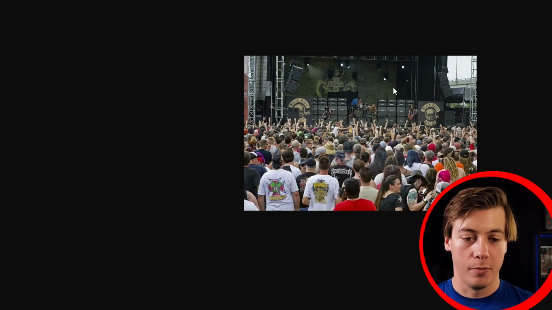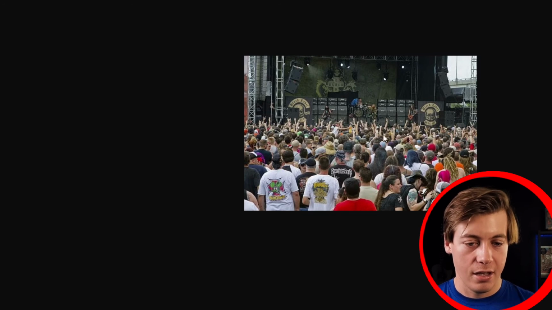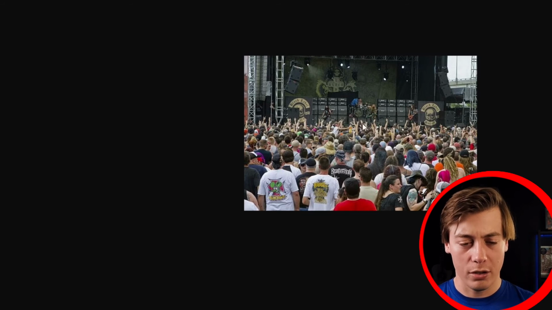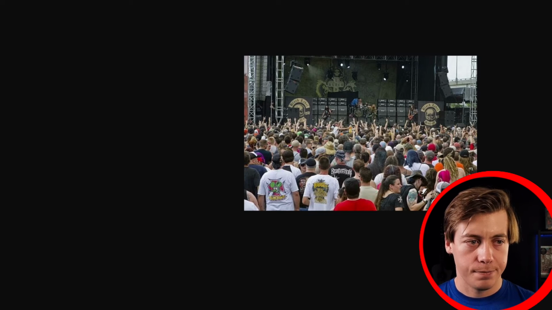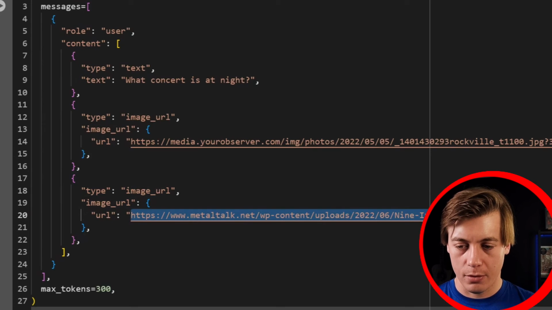Zakk Wylde, who was also the guitarist for Ozzy Osbourne, and is with Pantera right now, right? We can see that this is a daylight concert. I believe this image over here is from Welcome to Rockville, by the way, in Jacksonville. And our second image over here, if we grab this one,